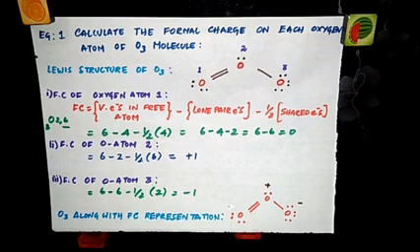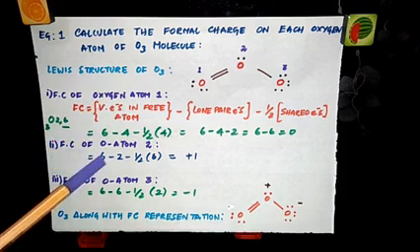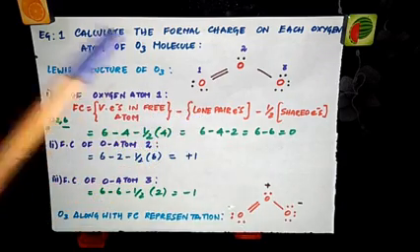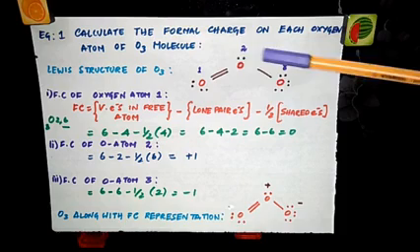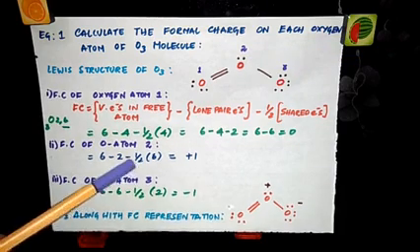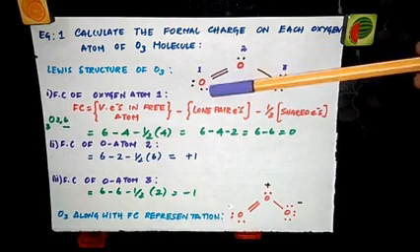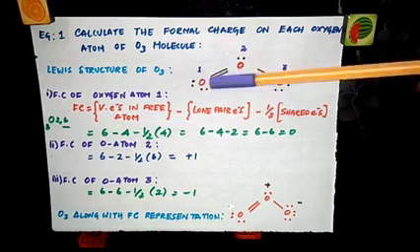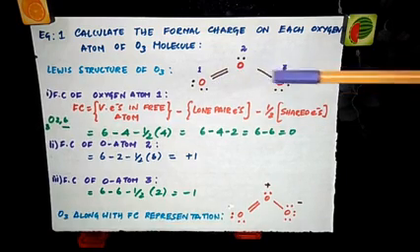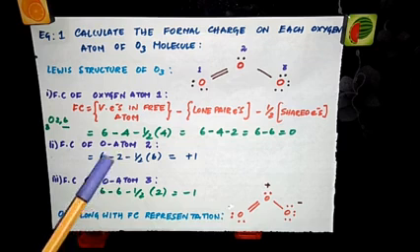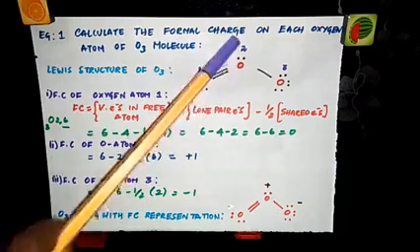Now let's calculate for the second oxygen. So formal charge of oxygen atom 2, valence electrons in free atom. Since this is oxygen, again it is 6 minus lone electrons. So how many lone electrons are there on this oxygen? Just 2. So there are 2 electrons minus half the shared electrons. So now this oxygen is bonded to this and this oxygen. So calculate both the shared electrons. So this side it is 4 and this side it is 2. So 4 plus 2 will give you 6. So the total number of shared electrons is 6. So 6 minus 2 minus half into 6. So that gives you plus 1.